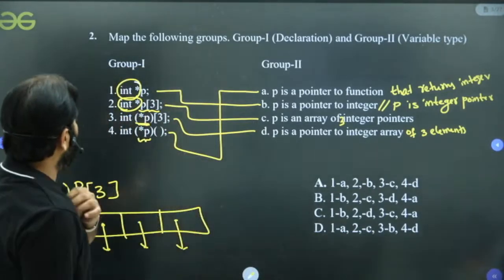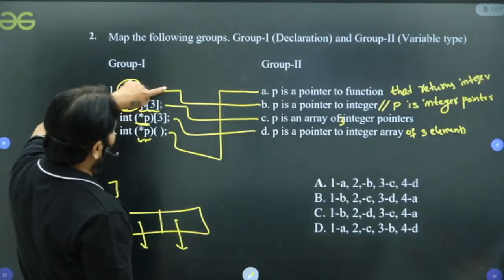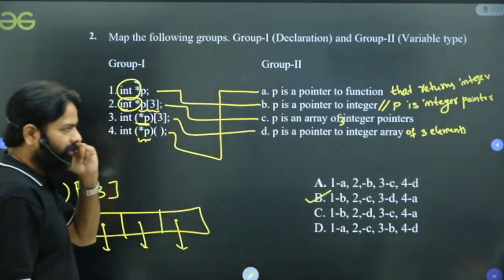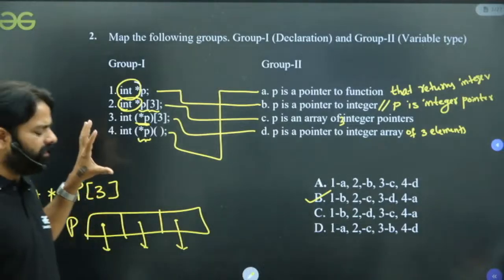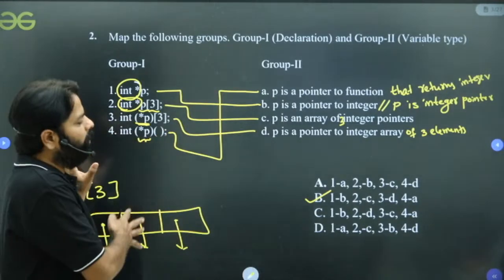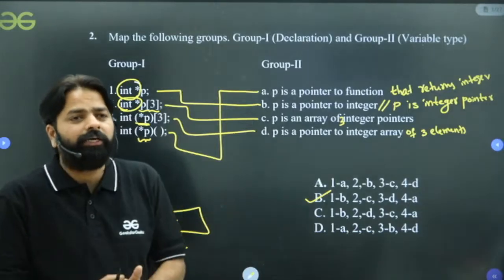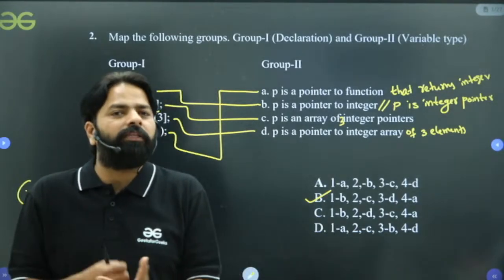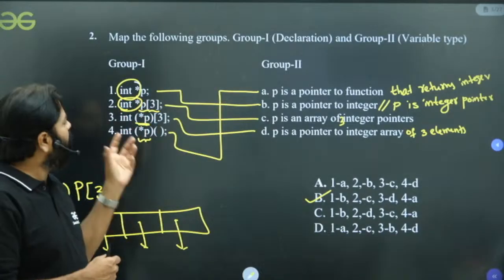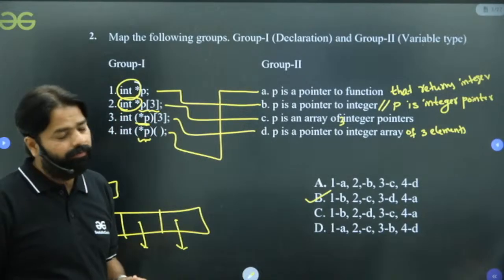Okay, answer, which one is matching? B, C, D, A. Right. Get a clarity, because this kind of questions will happen in the exam, and it may be for pointers or it may be for function signature. इस टाइप की क्वेश्चंस आपको दिखेगा, डिक्लेरेशन काइंड ऑफ क्वेश्चंस। बहुत लोग को इधर कंफ्यूजन होता है, उनको ये क्लैरिटी रखना होगा, है ना।